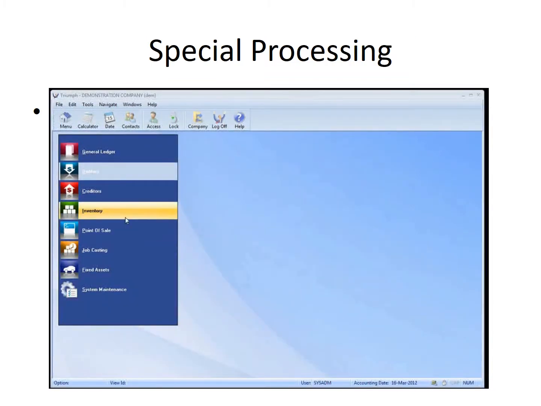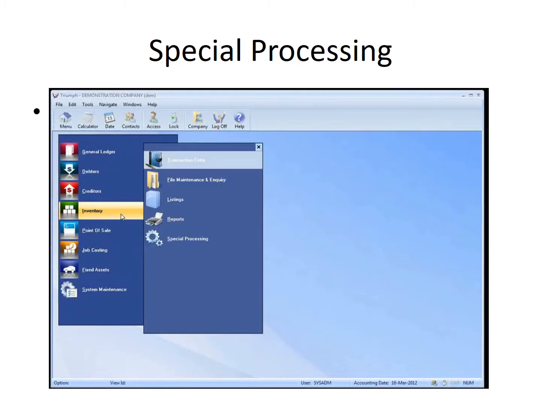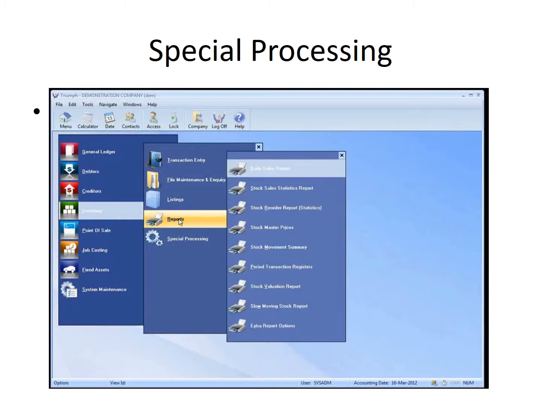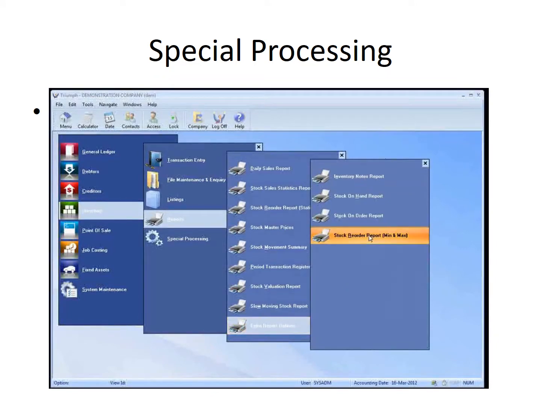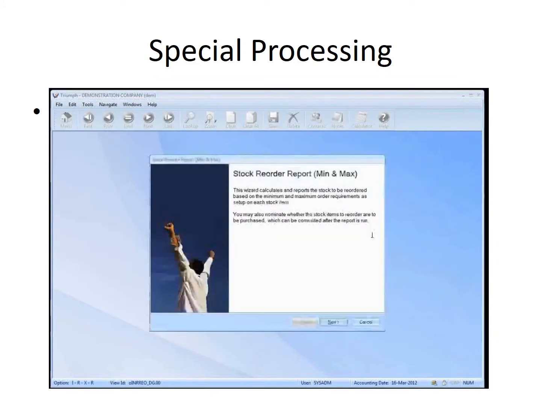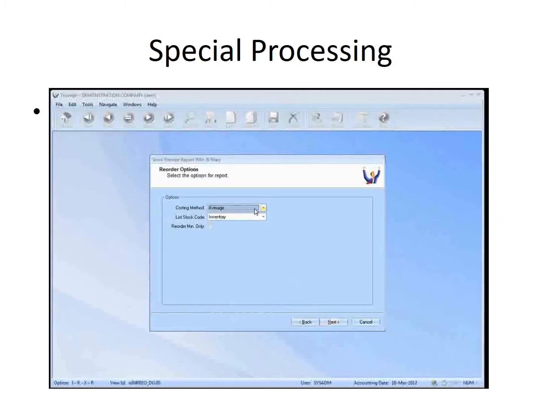So we've previously seen how to do purchase requisitions for back order for a customer. Some of the other things we can do with back order processing or purchase requisition: if we go to inventory and we go into our reports and we do an extra report, we can do a min-max report. When we do a min-max report, we can set what stock item we want to do averages on, and if you look at the